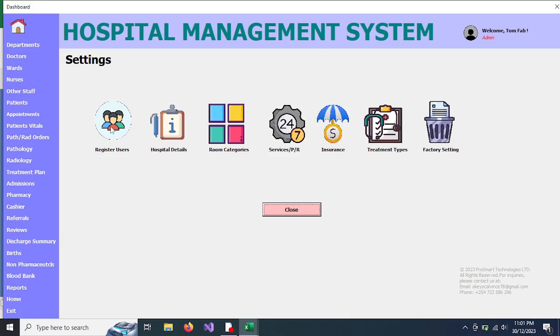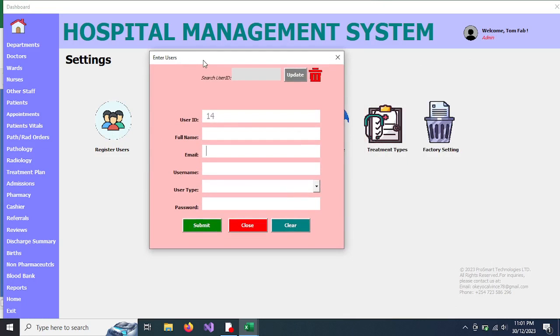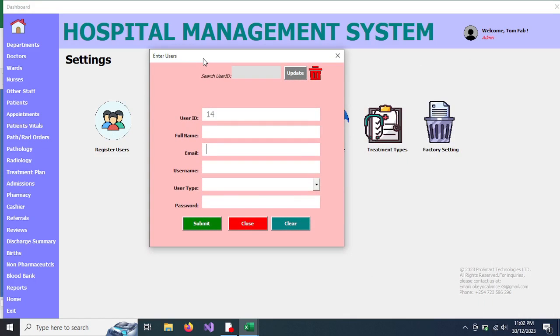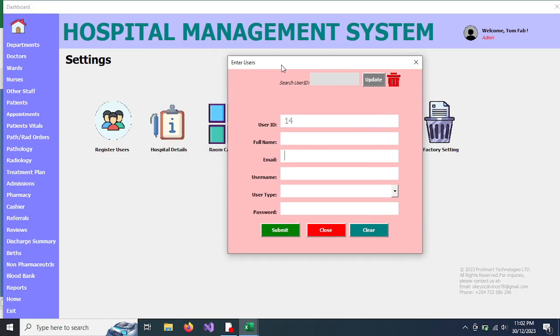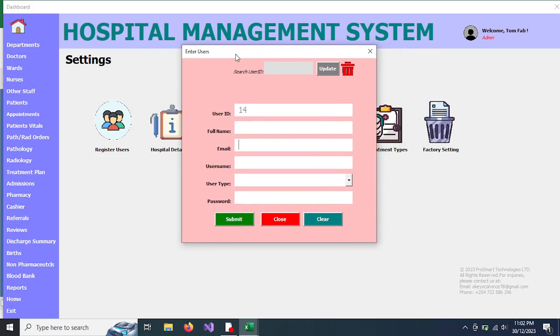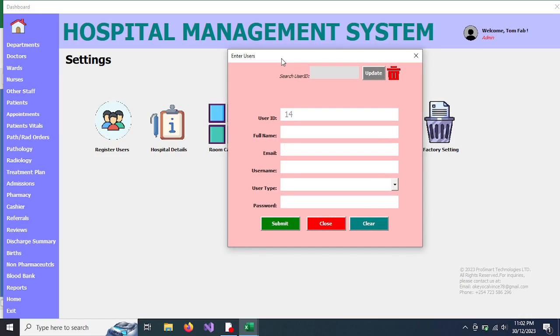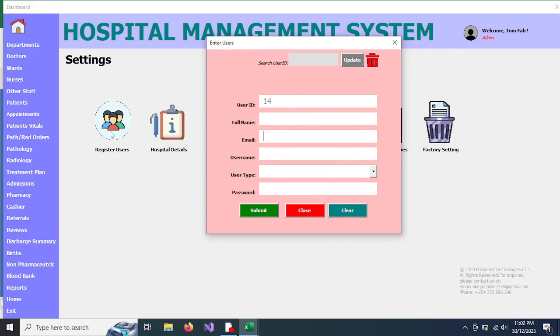Like register users, this is how you'll be registering the users, because this particular system is a multi-user system. It means there are roles that we play in this system. When you are assigned the role of admin, you'll be able to access all parts of the system. When you assign the role of a doctor, you'll be able to access doctor-related functions. With the role of receptionist, you'll access receptionist-related functions. Nurse, then you'll be given nurse-related functions, and so on. So in this system, we need to enter users and then give them their roles, and also give them passwords